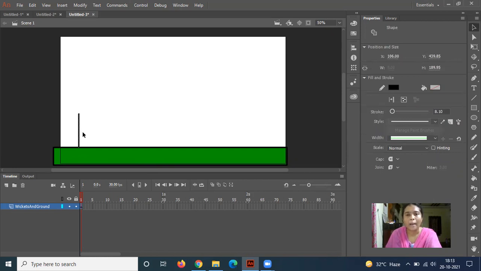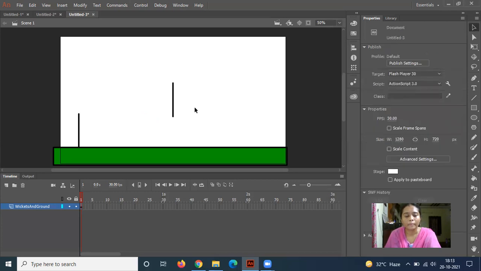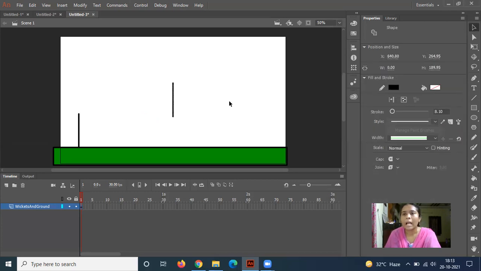Now with the help of the selection tool, select the wicket. With the same size, I am drawing other wickets, let's say three towards the left side and three towards the right side. I am copying it by pressing Ctrl C on the keyboard and then Ctrl V. With the selection tool I'm adjusting.